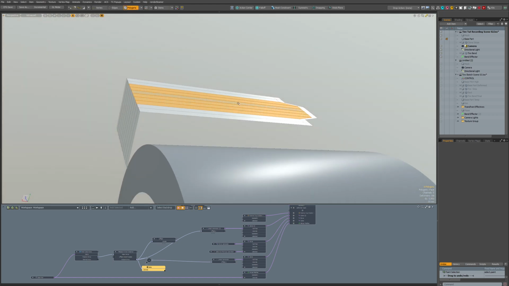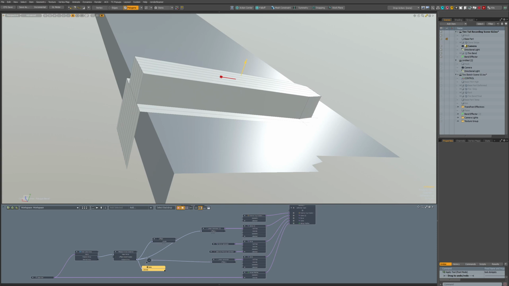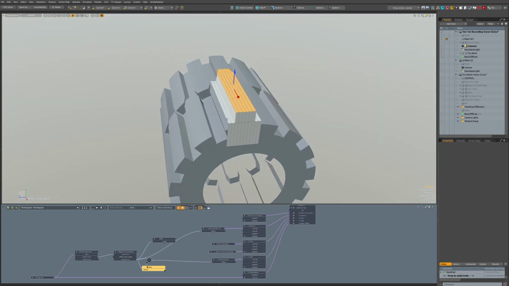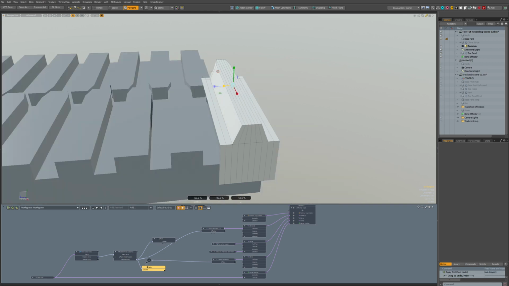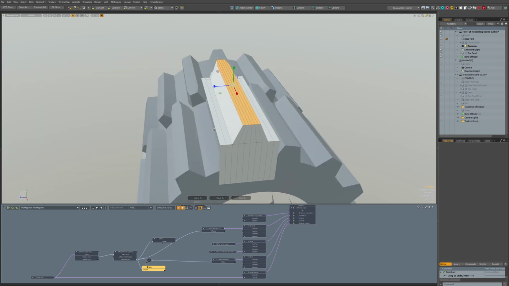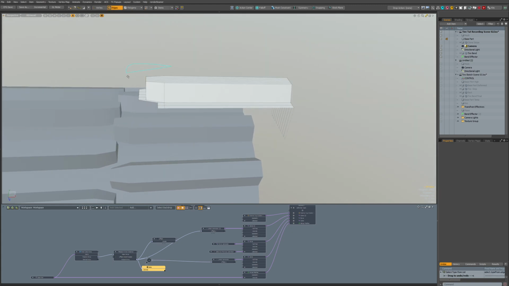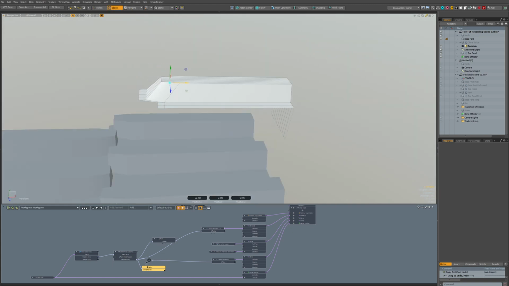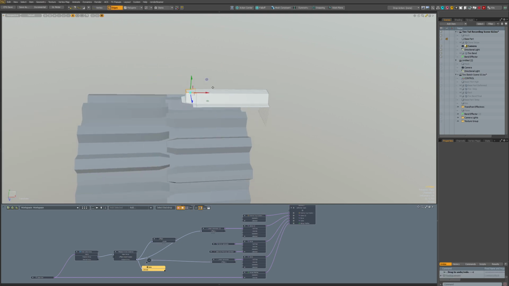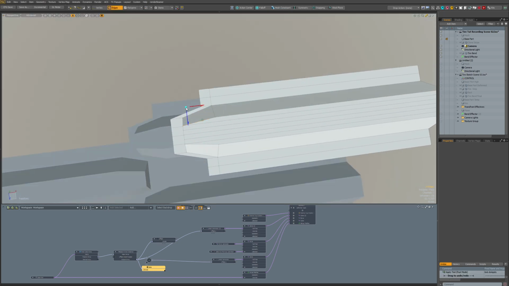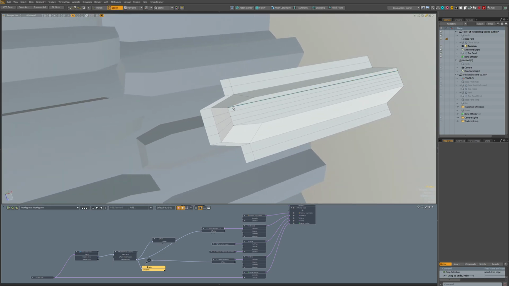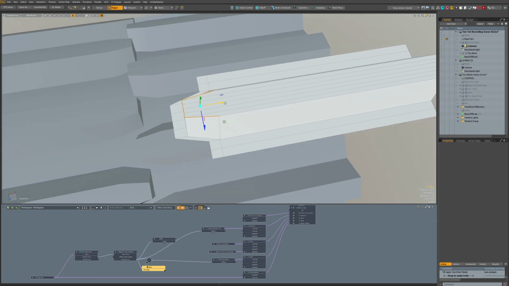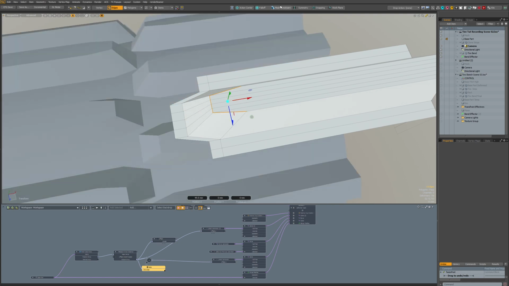What kind of shape does it give? Yes, I think it's okay. So let's make it smaller like this, and then take something from there like this. Okay, it was there, wrong selection. Okay, and do we have symmetry?